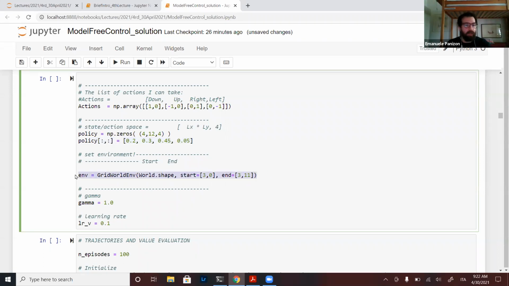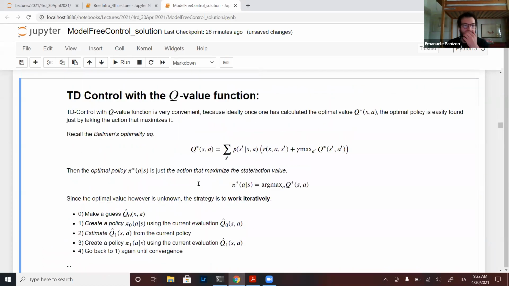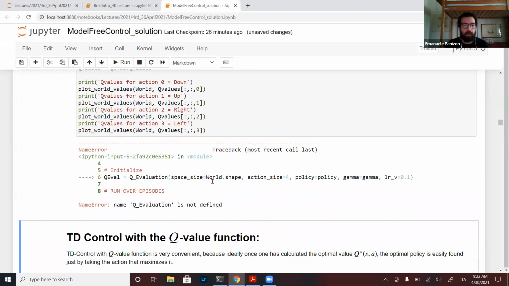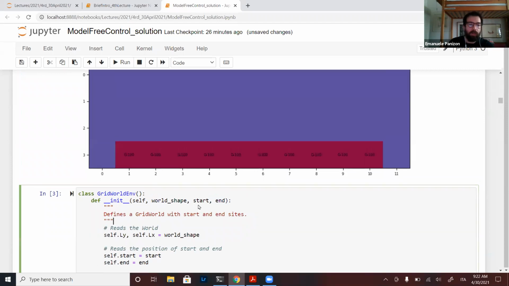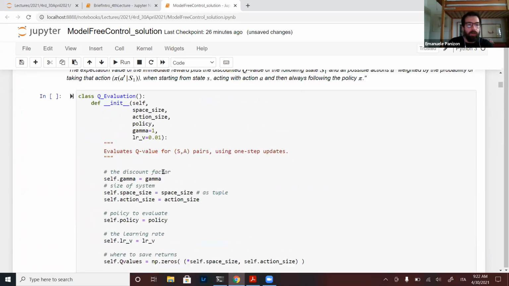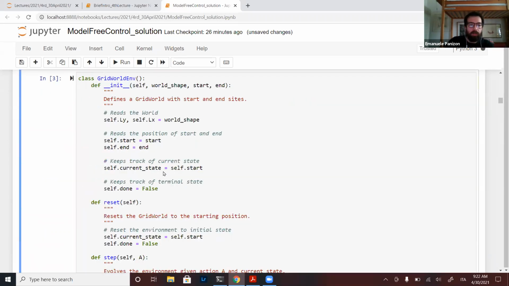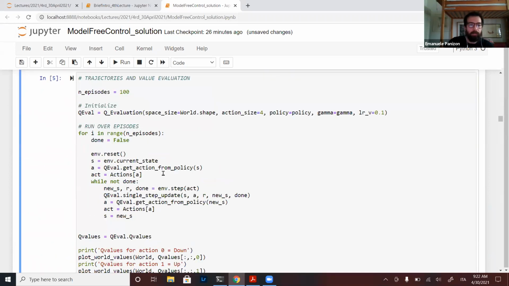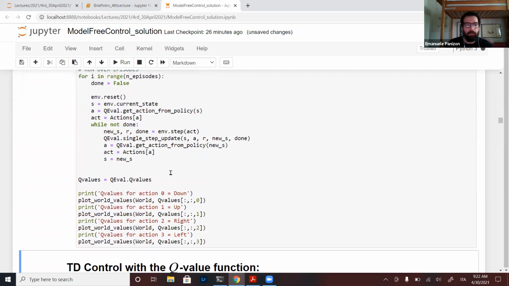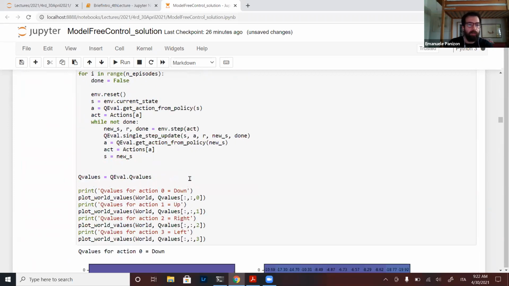Then I create the environment. I create the gamma and the learning rate. Clearly I forgot something, I apologize. Okay, it takes a bit.